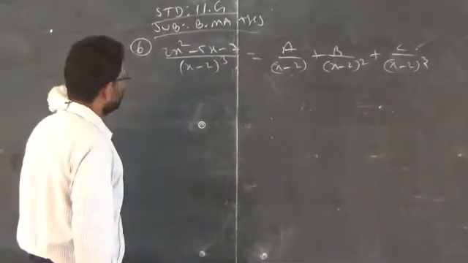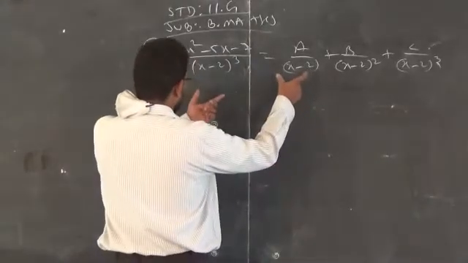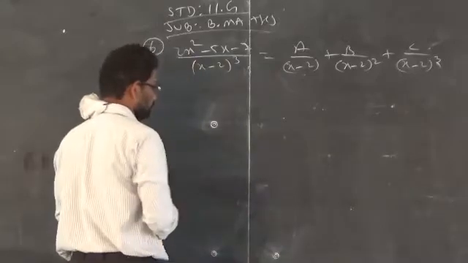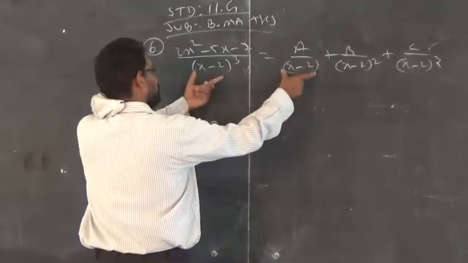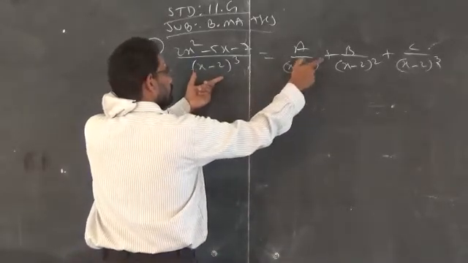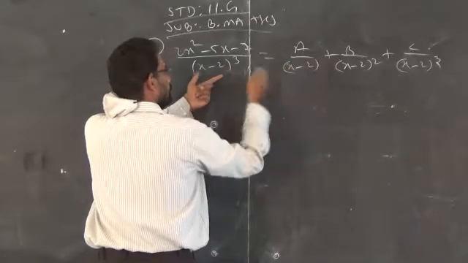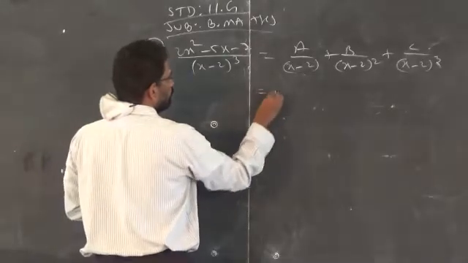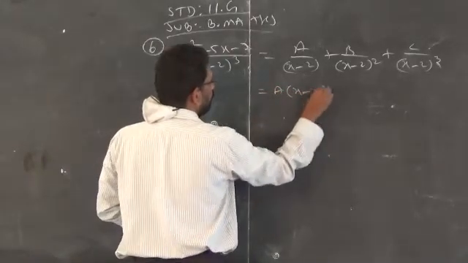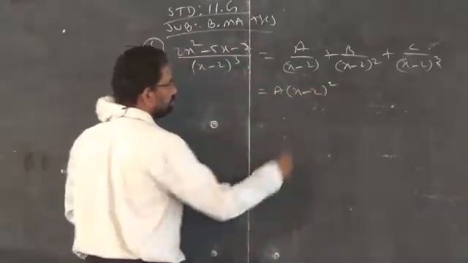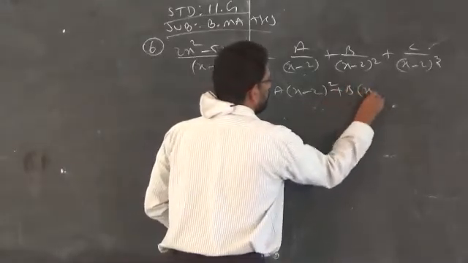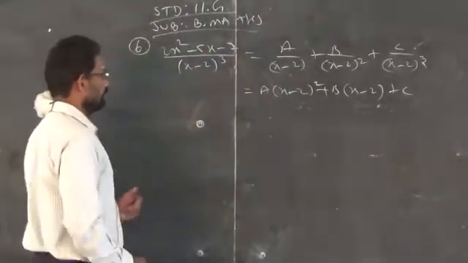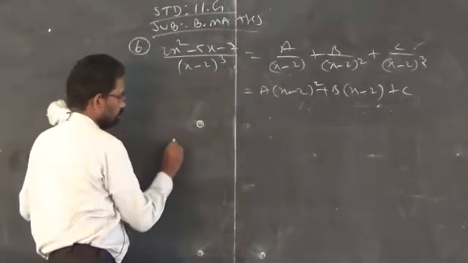Now as usual you have to compare the denominators of the right hand side and the left hand side term wise. Here we have only one x minus 2, repeated only one time, but here it is repeated 3 times. So when you compare, you will get the remaining 2. Similarly, the next one, and the third one plus c. Clear?